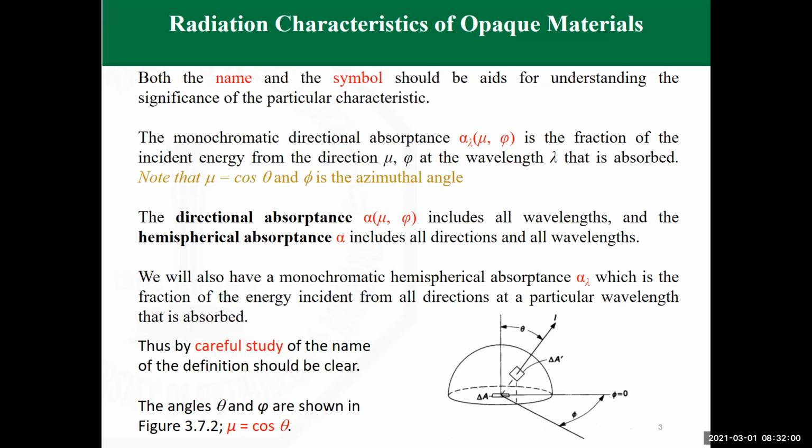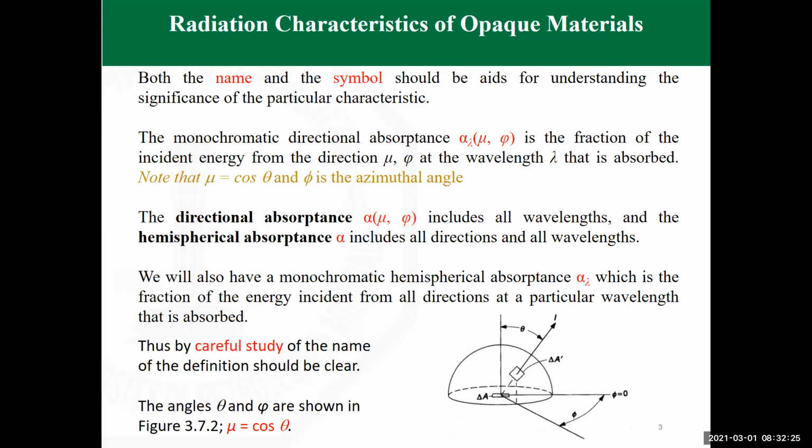Does it depend only on the wavelength? So you're having the absorptance at a certain wavelength, and anything at a certain wavelength, we call it monochromatic. And then the directional dependence as well, if it depends on the direction, whether it is the polar angle theta or the azimuth angle. And actually the polar angle theta, because it changes,